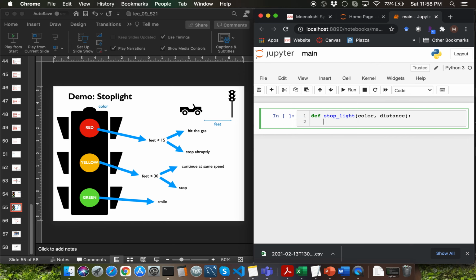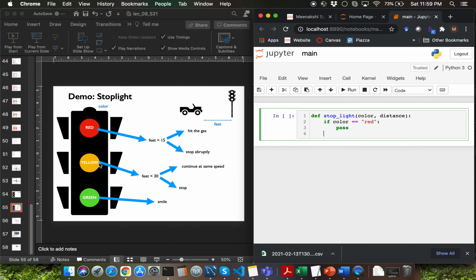Let's get started by writing the conditional. I'm going to say if color double equal to string red colon. This particular case is complex, so I want to revisit that. The way that I can tell Python that there are no lines of code within a particular block is by typing in the keyword pass. When Python sees pass, it will assume that there are no lines of code to run within that particular block. We can revisit that later.